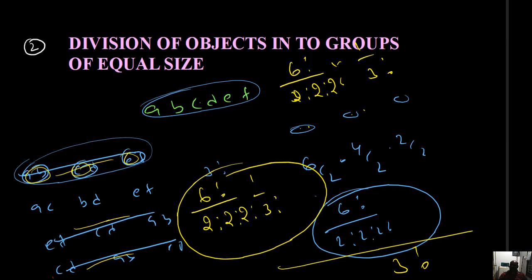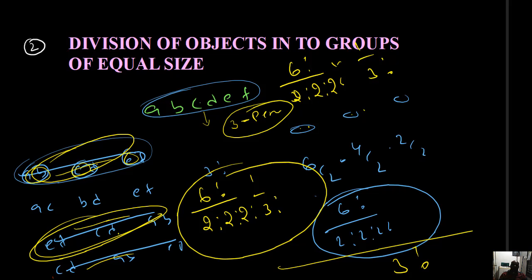Okay. Now the same question is given like this. How can you distribute these 6 elements among 3 persons? 3 persons, each receiving 2. Each receiving 2 means these 2 are treated as different: A, B, C, D, E, F and E, F, C, D, A, B. These are treated as different, which means the 3 factorial linear permutations obtained from this are treated as different. So what is the answer now? This into 3 factorial. The 3 factorial cancels. This is the answer.